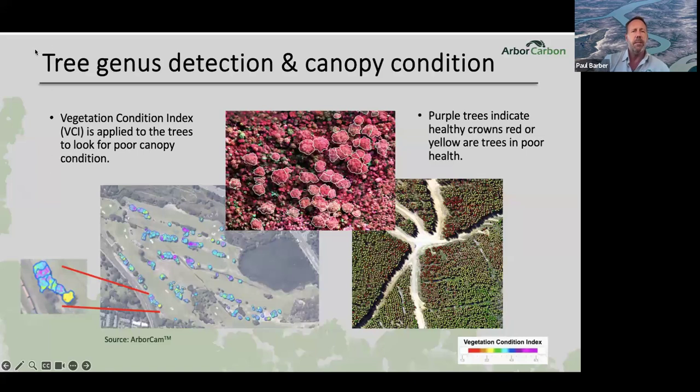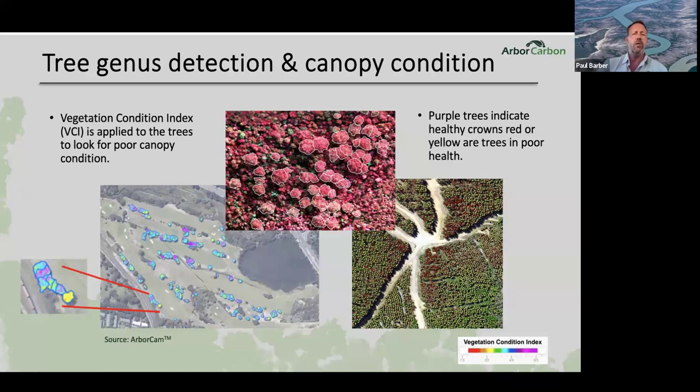This image that you see here is an example of some of the work we do to identify genera and species in different areas. So we've had a range of projects. Those projects you've seen about identifying pine trees and plane trees have expanded to about 20 different genera and species in one of the major capital cities in Australia across nearly 800,000 trees. The process in doing that is acquiring ArborCarbon data. Once we acquire the data and produce our outputs, we then develop some tree crown delineation models. You see an example of that in the center there, delineating each of those tree crowns.